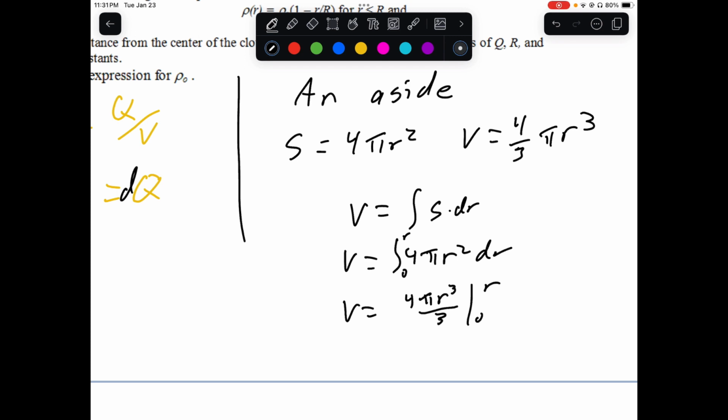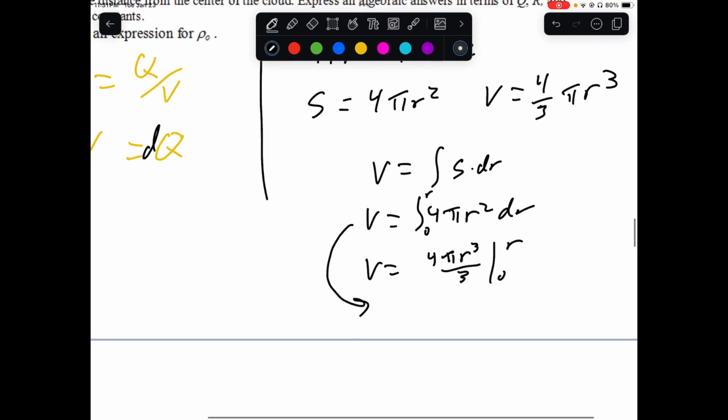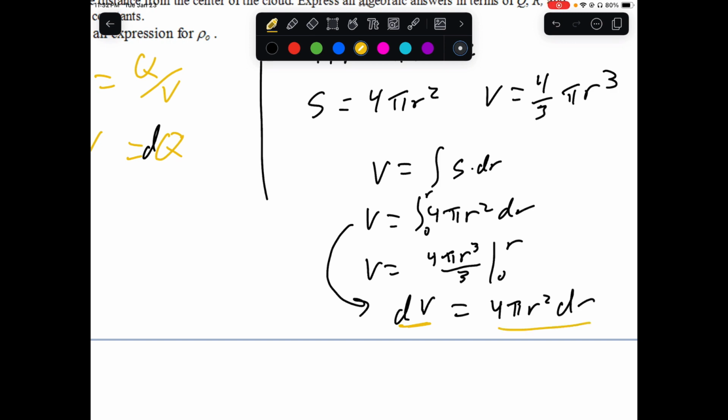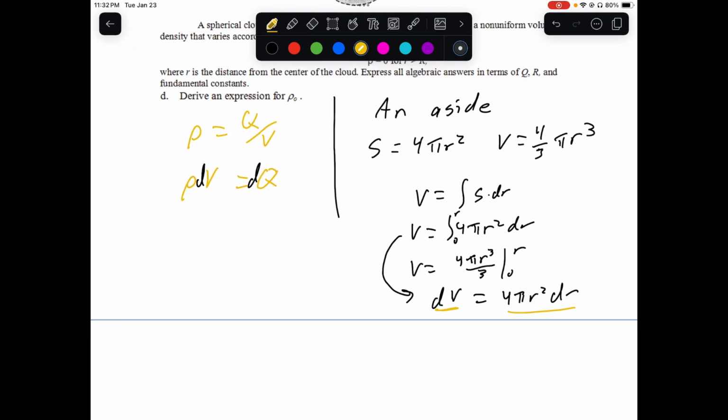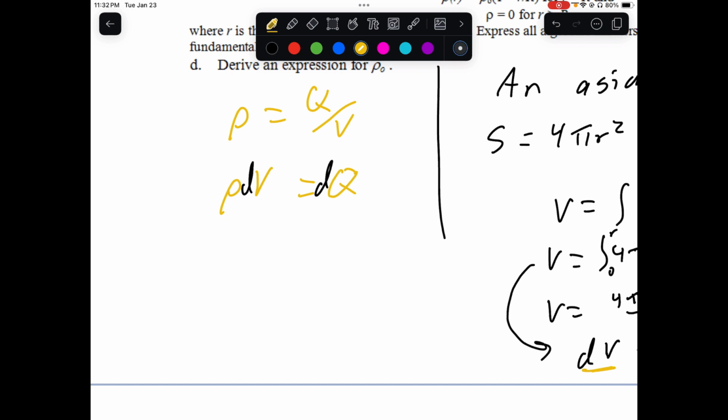Okay, so that's kind of the trick there. So to use this in our problem, we've got this written in terms of dV. So I'm going to ditch that little integral sign just for a minute, so we can do a substitution. 4 pi r squared dr is really what is going to get subbed back into this original idea. So I've got this rho times my dV, which is the 4 pi r squared dr,